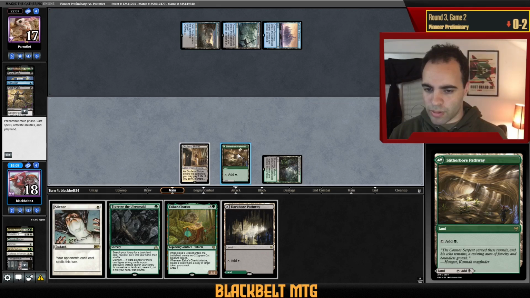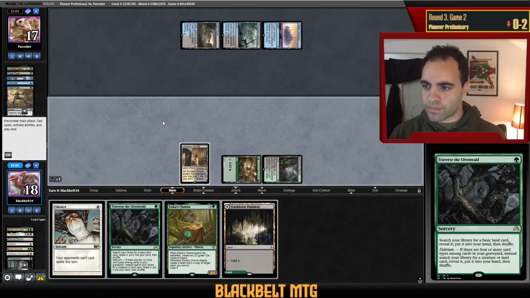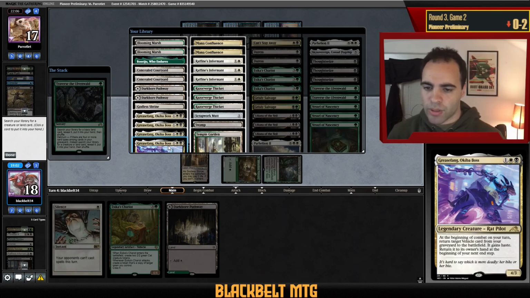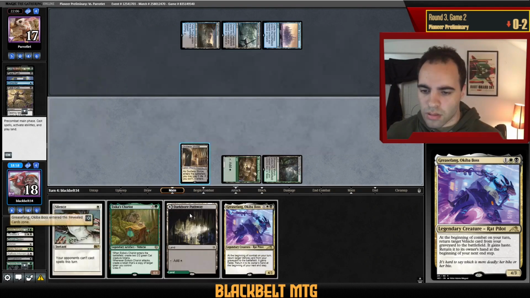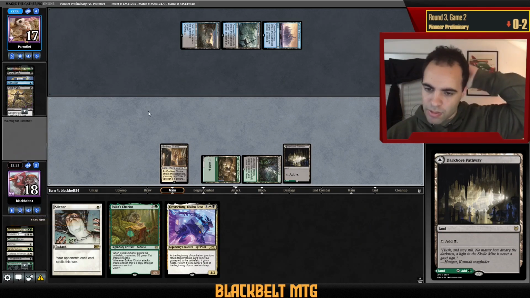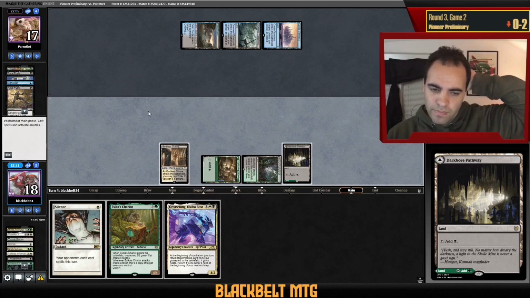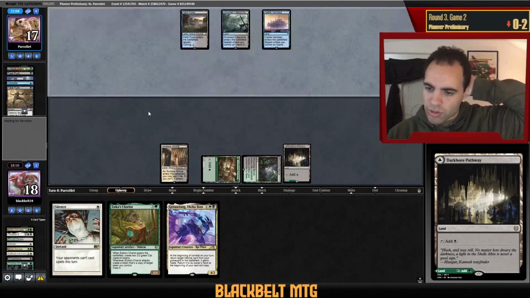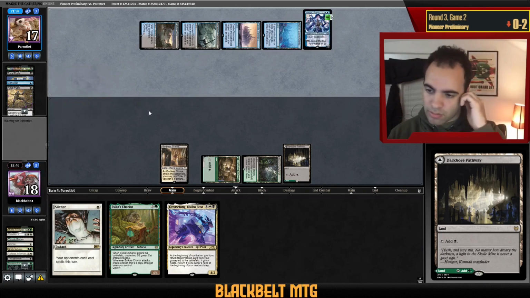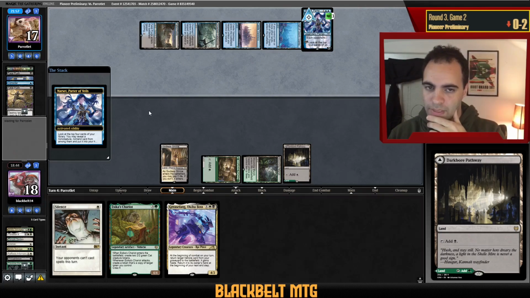Traverse. Get Greasefang. Play a Swamp. So I will, in my main phase, play Silence. See what he does. I'm 1 short of lethal, which is a problem. Yep. So he's just going to tap out for it. So I can potentially...